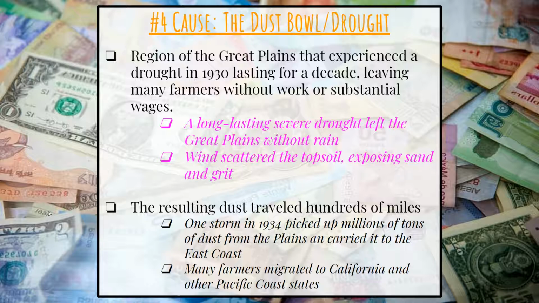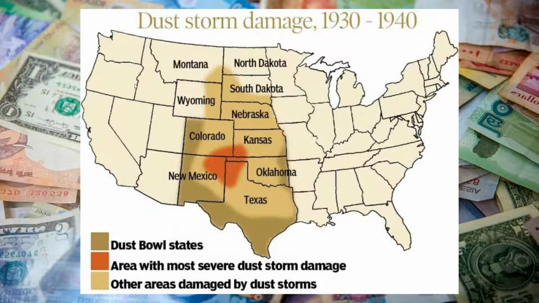Well, this dust bowl is going to impact farmers everywhere. It's going to destroy crops. It's going to destroy their homes, and they're going to have to pack up and migrate to California and other Pacific coast or move to cities in order to find a job because their farm is ruined. So they've got to go find factory work in order to survive. Okay, and this is the main part of where the Dust Bowl occurred. And think about it, this is pretty much a big flat area, but this dust storm is going to sweep the nation, and you are going to see it from miles away.